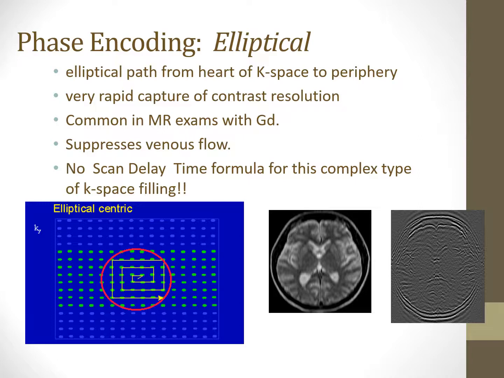Elliptical K-space filling is another type of phase encoding filling that we can use in K-space, in which we have an elliptical